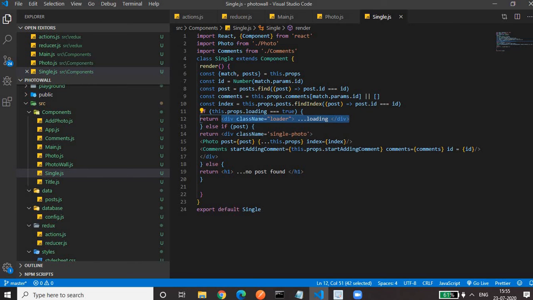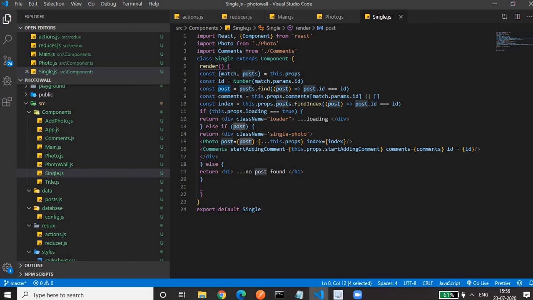If data has been fetched, then in the const post, what we are doing is iterating through the post array, and with the ID corresponding to the ID in the URL, we are retrieving the post object here. So we have another if statement.